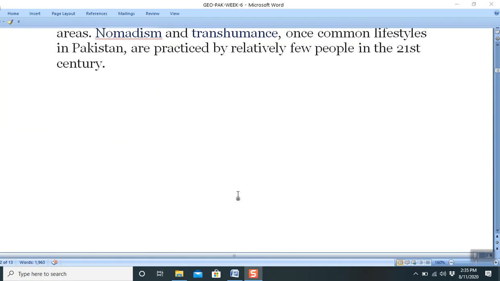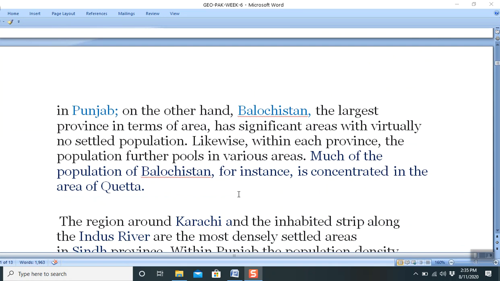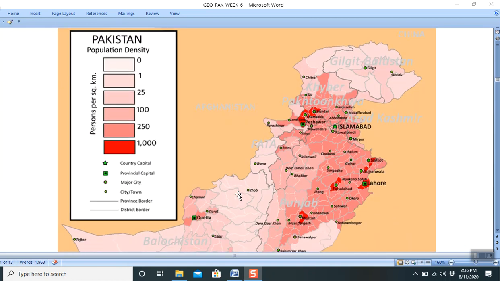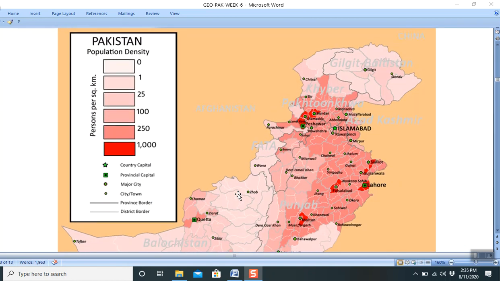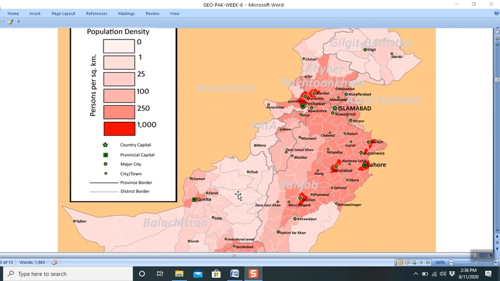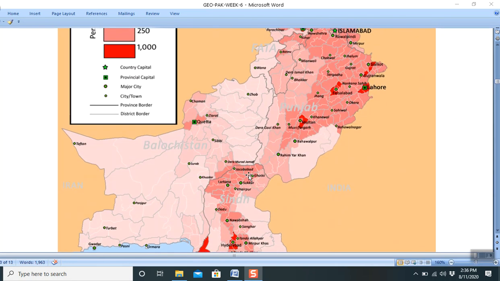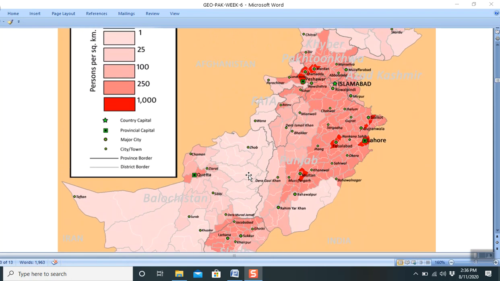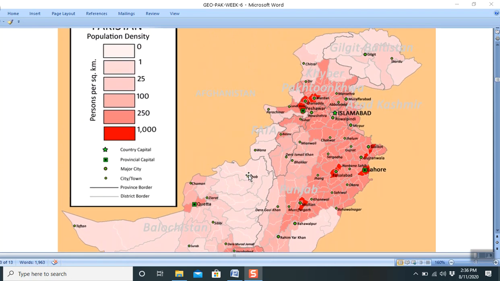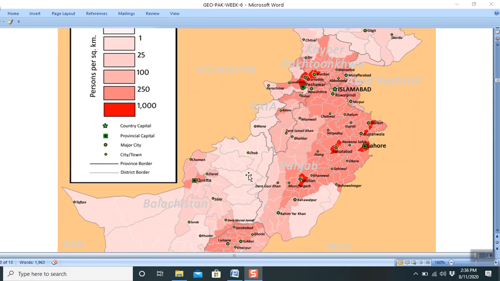Well, you have listened to this excerpt, this piece of writing that gives a very smart overview of the population of the subcontinent. Look at this map. This map shows the population of Pakistan, but we have to divide our discussion into the prehistoric times. Dear students, normally the population of Pakistan, as the prehistoric traces say, that